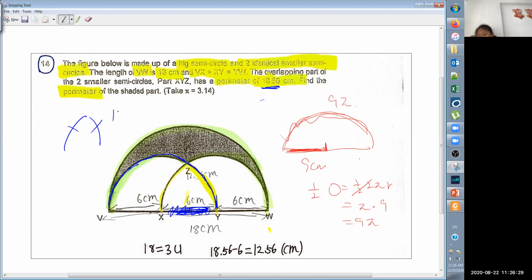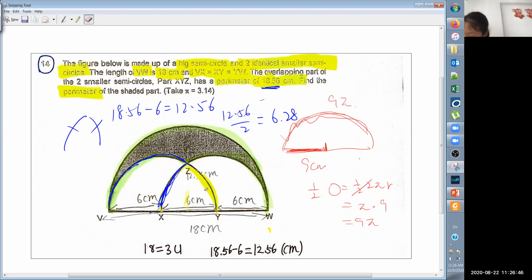So you need to take 18.56 minus 6 is 12.56. Then you divide by 2. 12.56 divided by 2, so it's 6.28. So basically this one is 6.28. So the blue one is 6.28, right? 对吧？